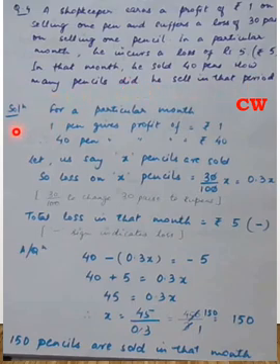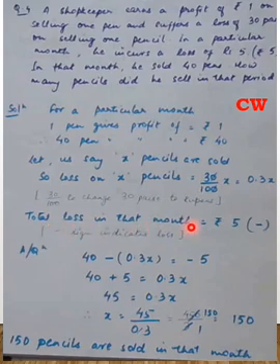So, see the solution. For a particular month, as they have given in the question, 1 pen gives a profit of rupees 1. So when he is selling 1 pen, the profit is 1. So 40 pens will give a profit of 40 into 1, that is rupees 40. Now let us say x pencils are sold in that month. Loss on 1 pencil is given as 30 paise. So loss on x pencils will be 30 paise into x. Now here I am changing 30 paise to rupees. That's why I have divided 30 by 100. So loss on x pencils will be 0.3x.